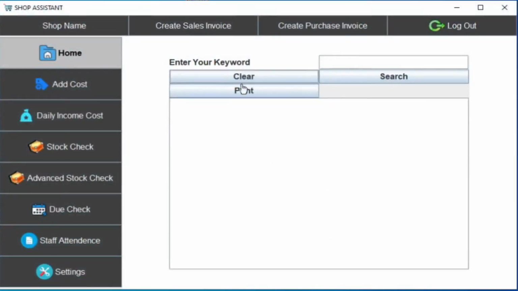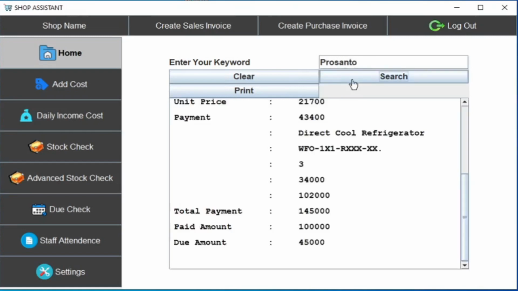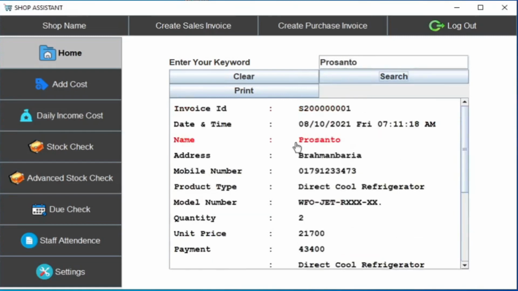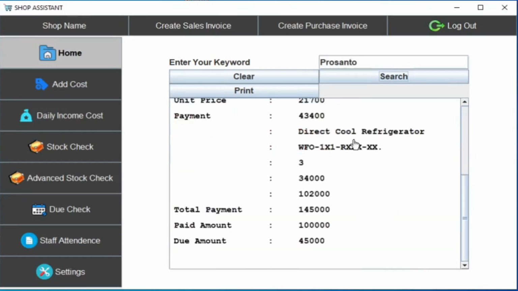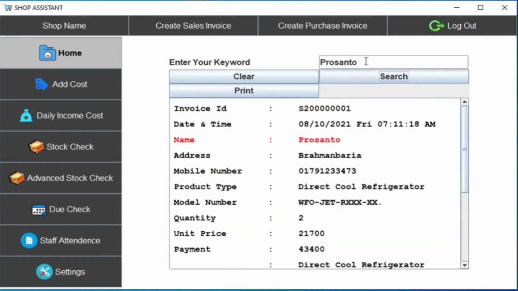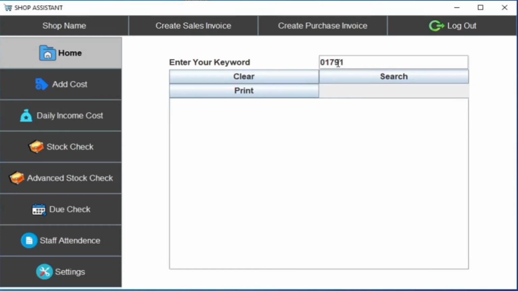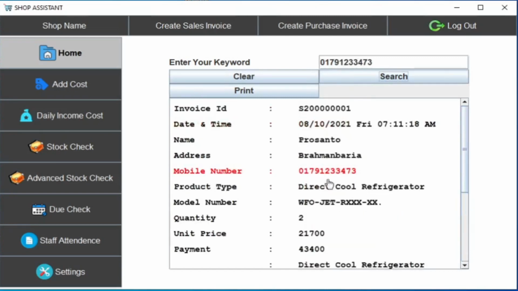On the home page we have a search feature. That means we can search anything, like the keyword of the customer. Here we can see that I have searched with the keyword and I can get every piece of information about this person, or I can provide the mobile number. For example, let's clear it. I can provide the mobile number and I also get the information, and the red bar is showing that the search is matched here, because this keyword is matching this line.